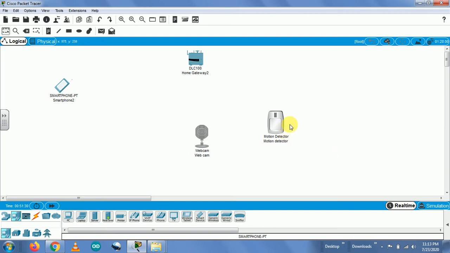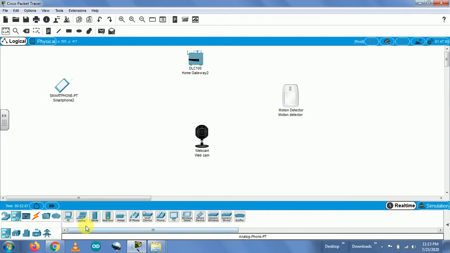If the motion is detected, suppose we have implemented this particular system at the doorstep of the home. Any unwanted motions of persons will be detected and captured with the help of your web cameras, and we can easily access that on your mobile phone remotely with the help of the cloud. So the very first task you need to do is interface these devices directly.